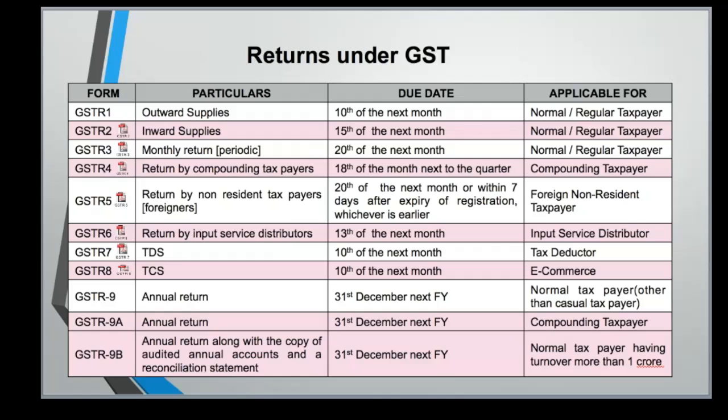So generally GSTR 1, 2, 3 is fine. You can have a glimpse at what type of details are required in the same. Sir, again your question is, so you mean to say that if I bill to Haryana XYZ and send material to UP XYZ, I should apply IGST?